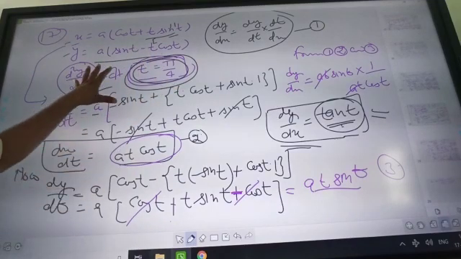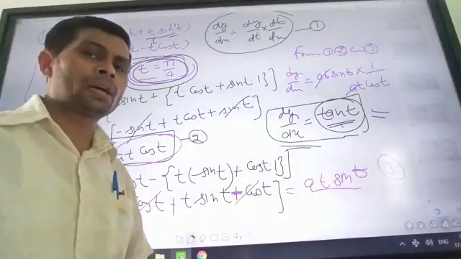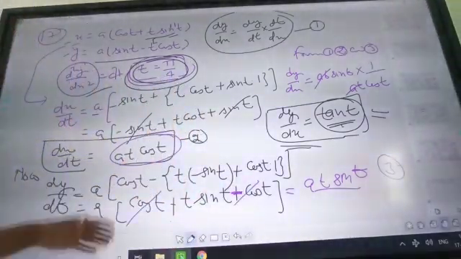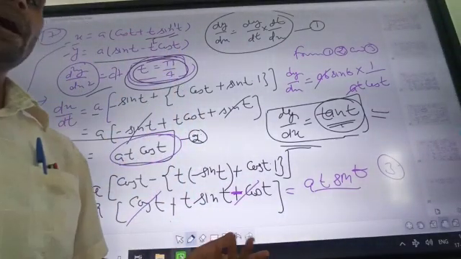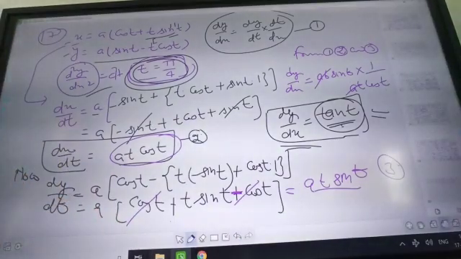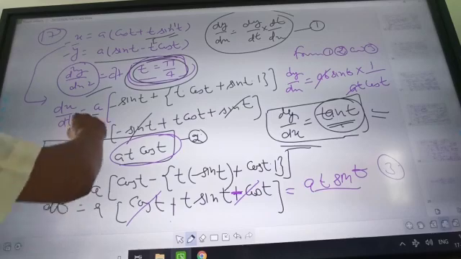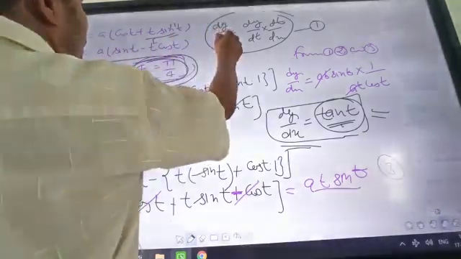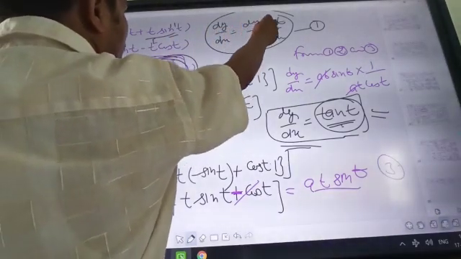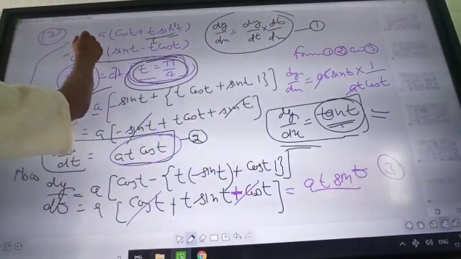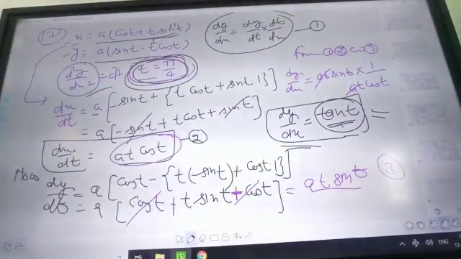That means find the double derivative. You have already completed questions based on the double derivative, but here you have to find the double derivative at t equals pi by 4. So as the usual method, you will use the previous method. That means here you have to find dy by dx. So you know dy by dx equals dy by dt into dt by dx. This is a parametric function. T is there.